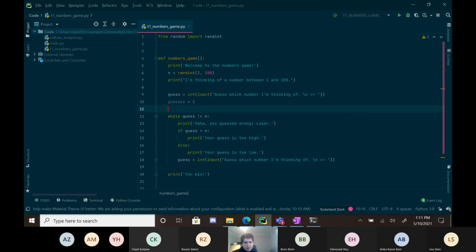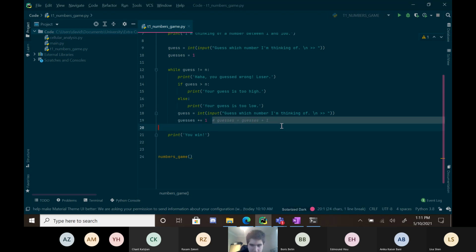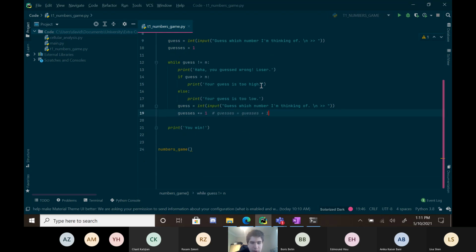And so we can say guesses equals 1 now. On each iteration of the loop, after they guess, we're going to say guesses plus equals 1. So we're going to increment guesses. If anyone doesn't know, though I'm quite sure it was mentioned in lecture, this is just equivalent to, oops, don't get the variable names confused. It's the same code, just looks a little nicer. And so at the end, we can say